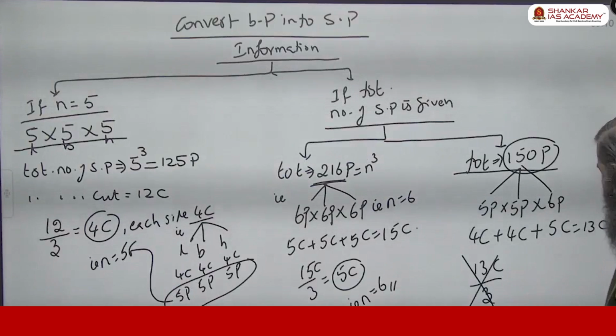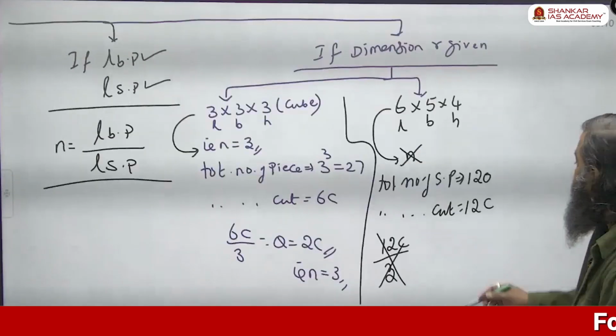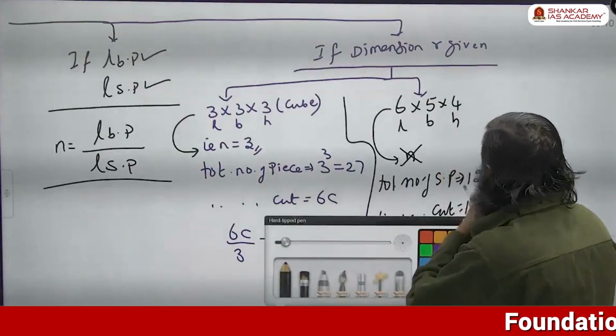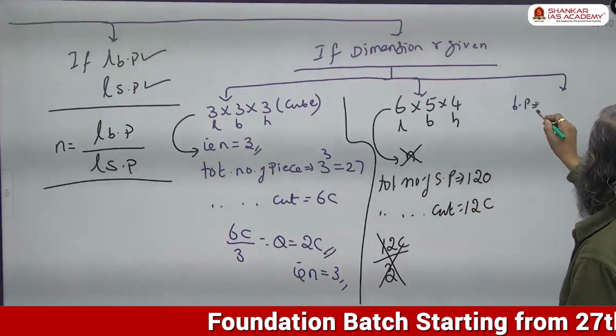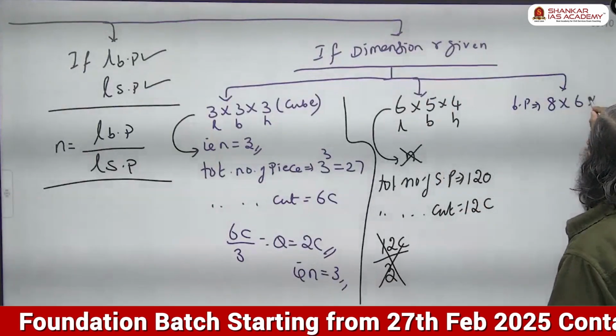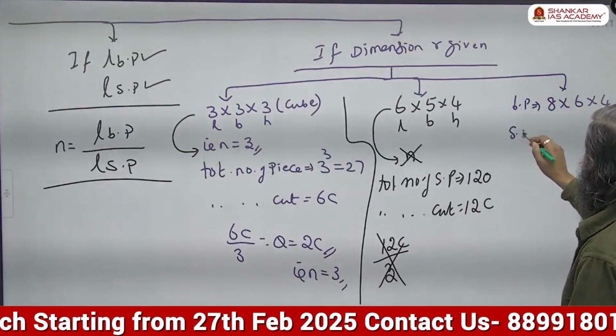Did you understand this, boss? Totally silent. Listen now carefully. Bigger piece dimension 8 into 6 into 4. Smaller piece dimension